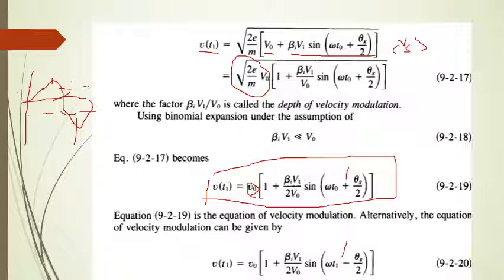Whenever it is positive half cycle, your velocity is accelerated. That is V max, because your velocity is along the positive half cycle. It is accelerated. That time you will take this equation. Whenever your electron is moving through the negative half cycle, your velocity is retarded. That is this equation. And whenever electron is passing through the zero crossing, nothing happens to your velocity. It will be just V naught. Am I clear? This is the physical meaning of velocity modulation. This takes place within the cavity gap of the buncher cavity. Thank you.